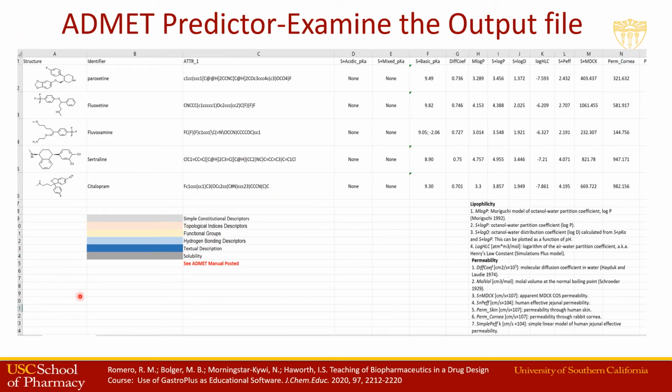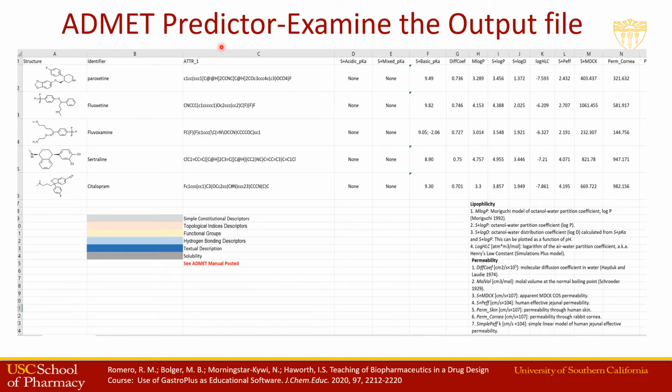Here's an example of an Excel file that can be exported from ADMET Predictor. You can also find this file as supplementary data in this paper. I've also added extra information on this Excel file and some descriptions of some of the parameters that you'll find. And if you look at this sheet, you can see there are many different biopharmaceutical properties and various parameters that